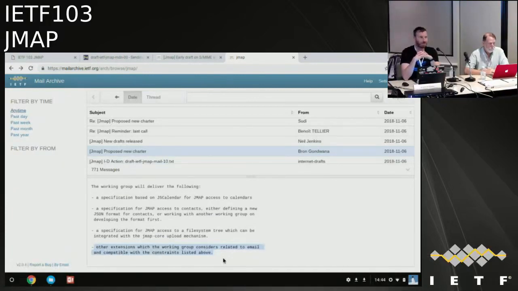And that was the point raised by Sudi on the list, that it's a bit weird in some ways that it still seems very email focused in this recharter. Every program expands until it can read email. Well, related to email is a pretty low bar. I mean, you could argue that voicemail or phone handling could be related to mail because it's related to contacts, which is related to mail, etc.